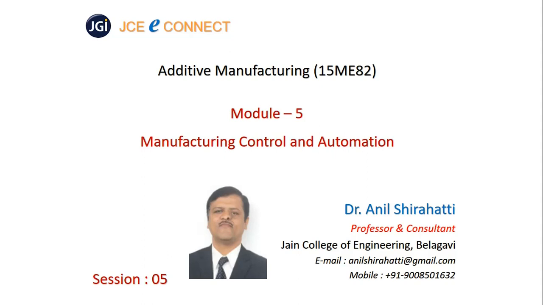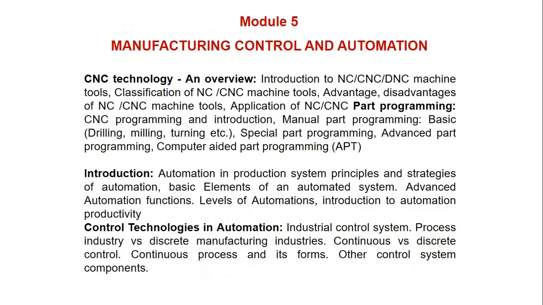So I welcome everyone to session 5 of Module 5, Manufacturing Control and Automation. Till now we saw some basics of CNC machine, what are G code, M code, what is cutter compensation, everything we saw. In today's class I will be solving two problems. One is on a milling machine, where we are doing a drilling operation using a vertical milling machine, and secondly we will be doing a side milling operation on a vertical milling machine. So let's start the class.